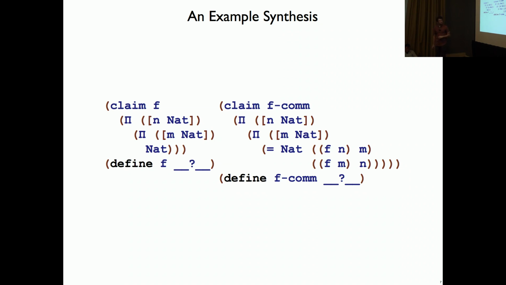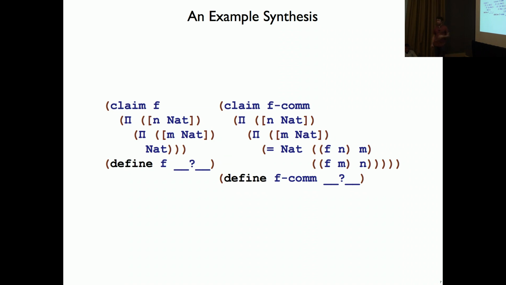a nat. And we're claiming, with this claim for fcom, that we can inhabit the type that for any n and m which are nats, it can be constructed that f of n m is the same nat as f of m n. If these two types are inhabitable, which they are, then that means that there is some commutative function f over nats. And that's great. And this is the type of proof-based or type-based synthesis that is kind of asking to be done with a miniKanren implementation of Pi. And what we do here is we don't give